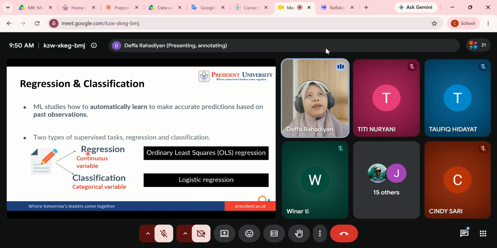But for regression, the examples are like age estimation, so we know that the value can change every time we load the model. For example, based on my face image, it will detect that this miss is around 30 years old. But for the second iteration, it can change to 28 or 27, or if I use a filter on my face, it becomes 20 or less than 20 years old, and so on. So this is a continuous variable.